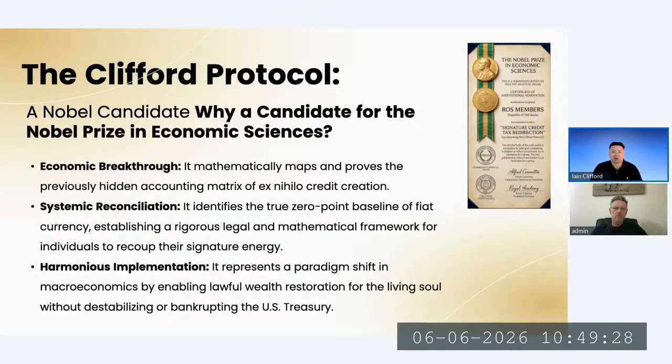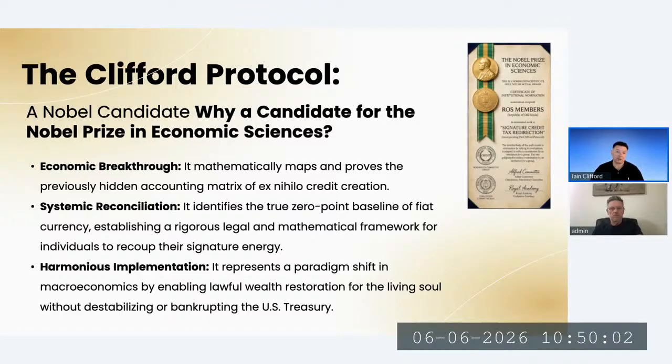So when I started looking into this, when I realized that the original bloodline banks were creditors to the entire system, when I realized that the entire system is operating in this permanent bankruptcy, when I realized that the banks are paying taxes for the use of human energy, but that tax that they're paying actually belongs to the original creditors, the living soul or souls that transferred that energy onto the monopoly board.